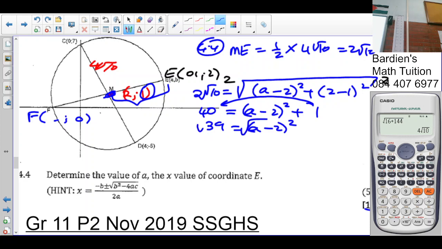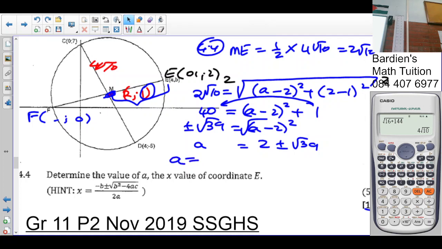The square root thereof, don't forget plus minus, so a minus 2 is equal to plus minus the root of 39. You take the minus 2 over, it becomes plus 2. Did I ask you for decimals? No? So I leave it like that. But I must omit one of the values. Let's first see. So a is equal to 2 plus the root of 39. That's going to give us 8.24. 8.24, or x is equal to, of course with a negative,